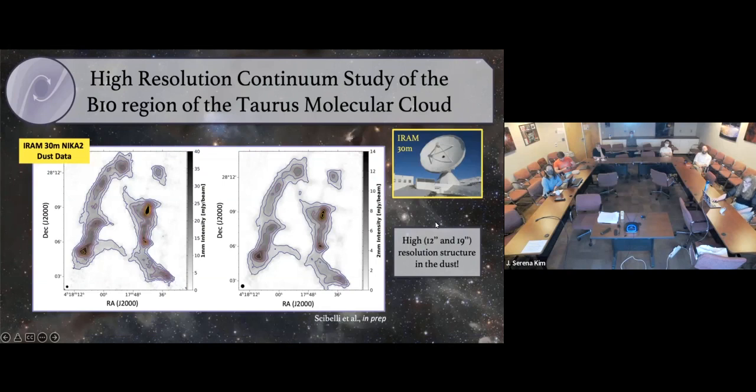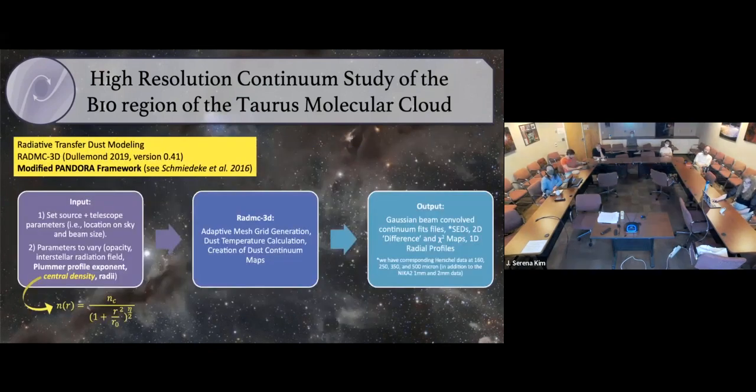So here are the data. This is data taken with the IRAM 30-meter dish in Spain, in Granada. And we have high resolution 12 arc second 1 millimeter dust, and we have accompanying 2 millimeter dust that we got for free as well. So now that we have the high resolution dust data, the goal is then to get some physical properties out. So what I've been doing is doing some radiative transfer dust modeling, where basically you have